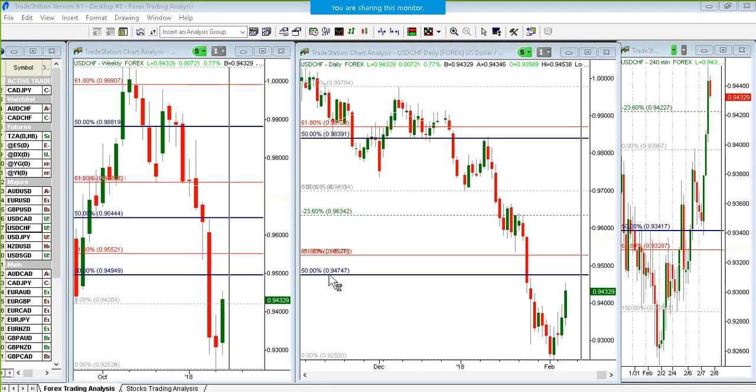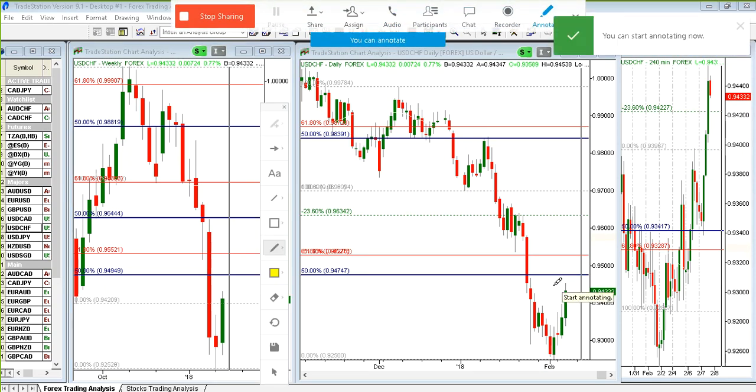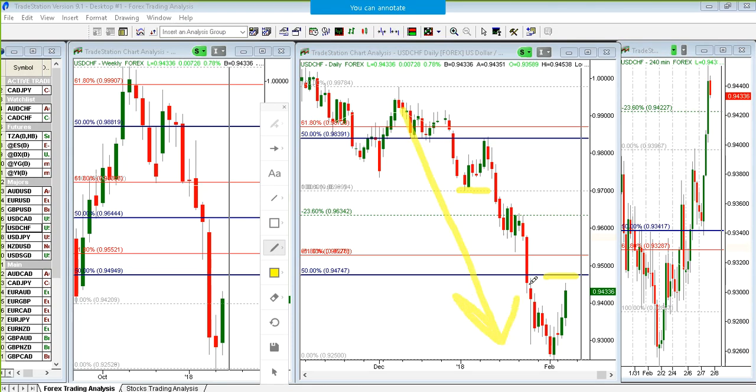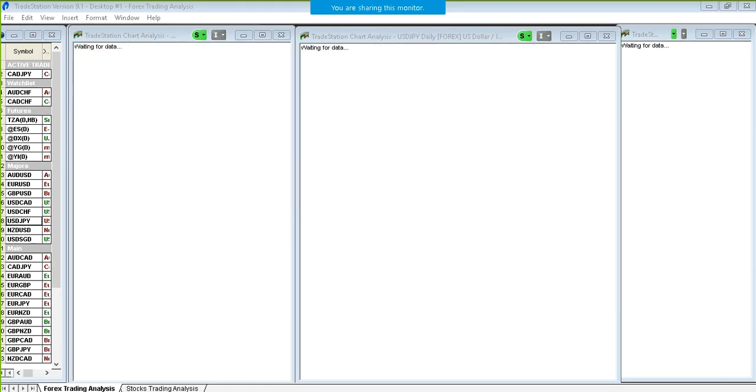Know that we also have a 94.74 here, and that's an inner measure move of this move lower here that could offer resistance to price. Next is the US dollar Japanese yen,